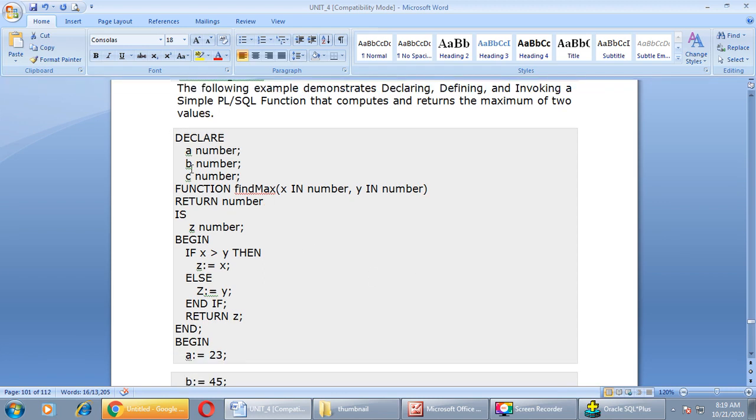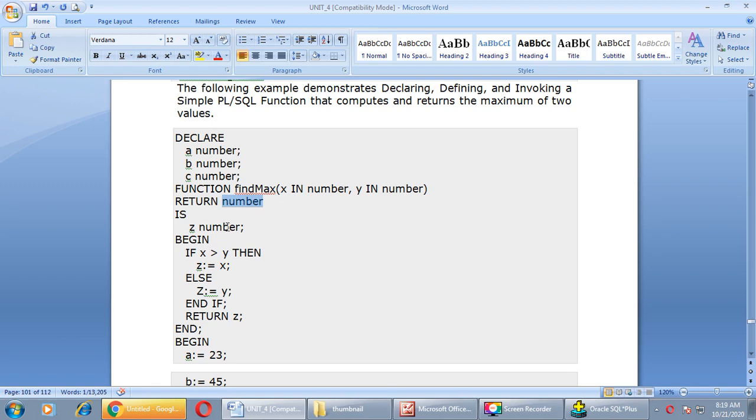Declare section: a, b and c, these are three variables of type number. The definition of the function: function find_max, x in number and y in number, return data type is again number, is